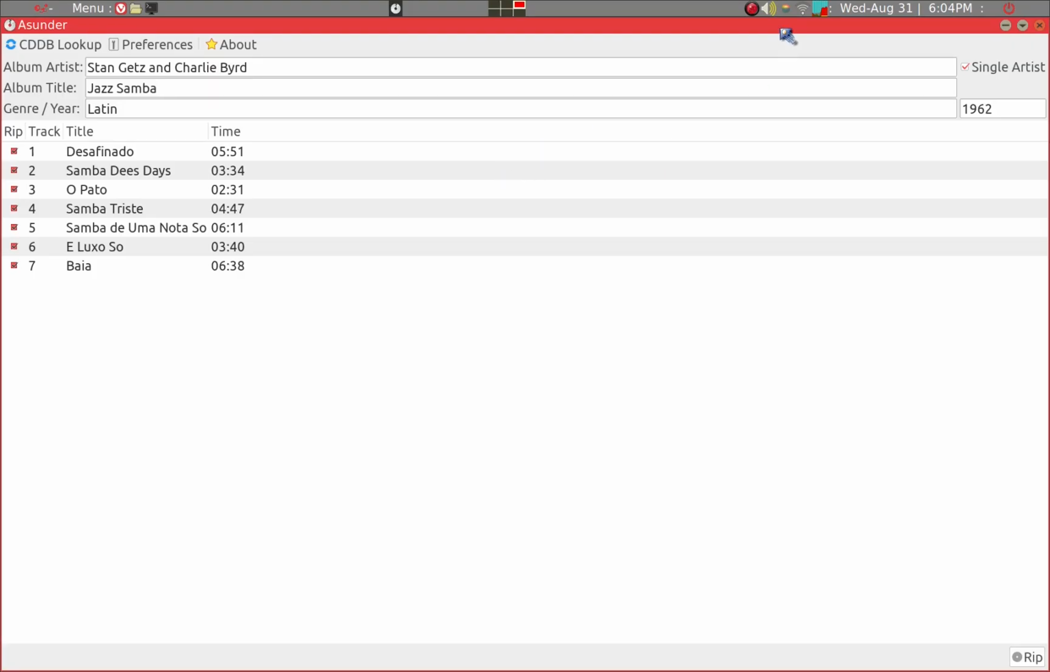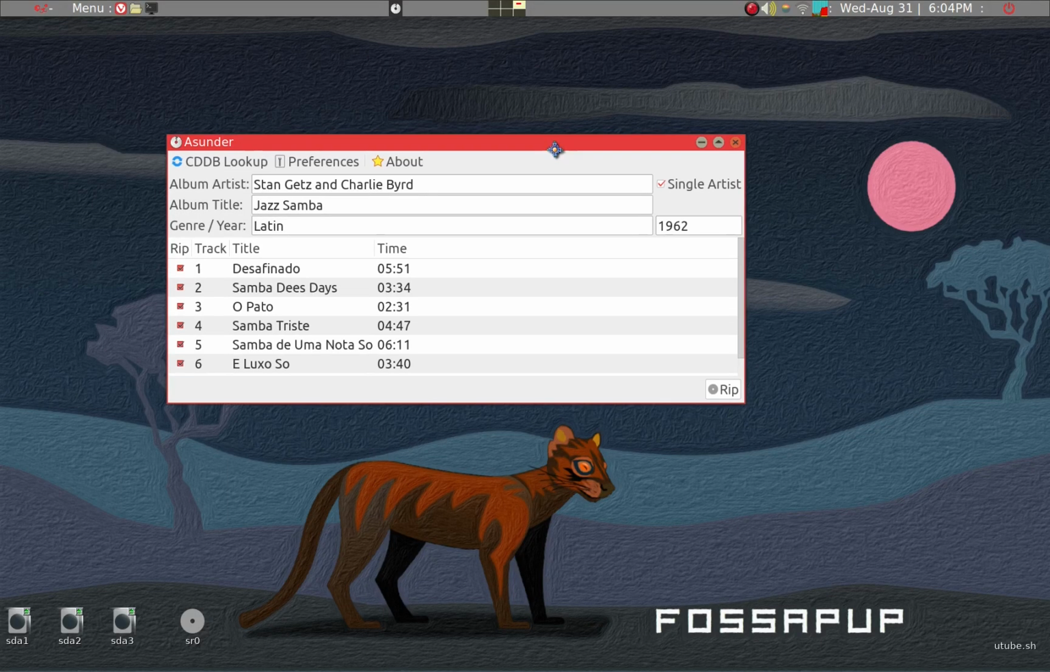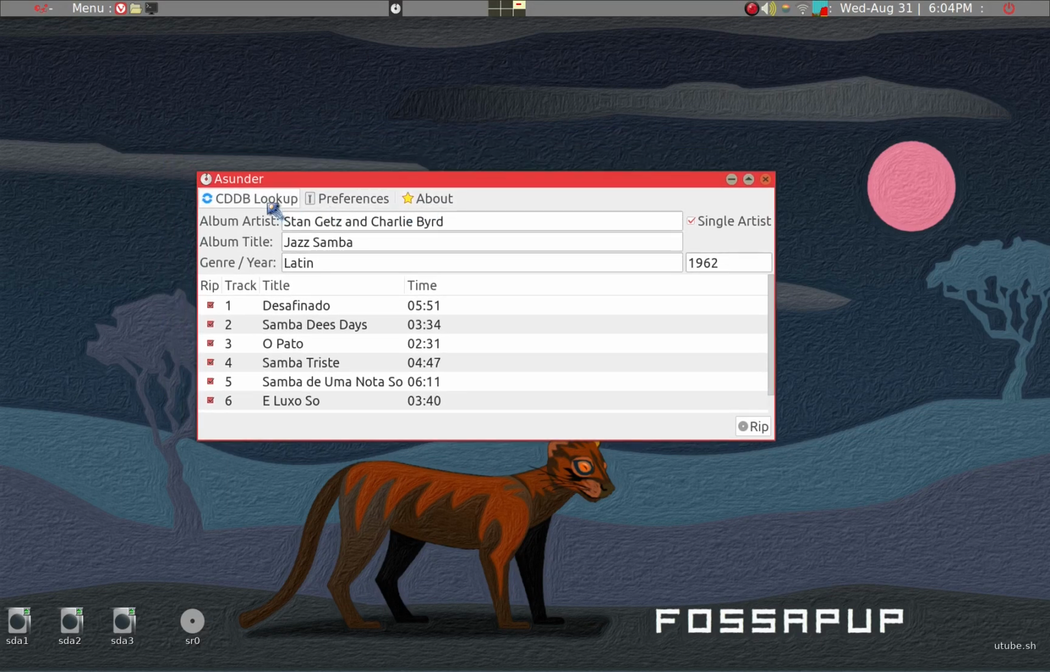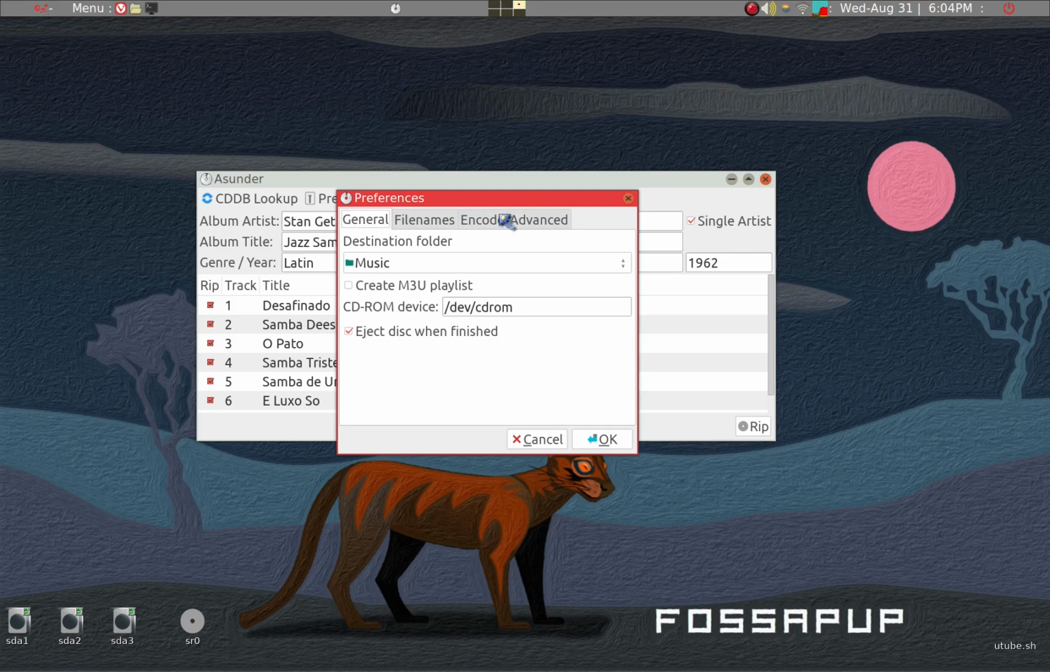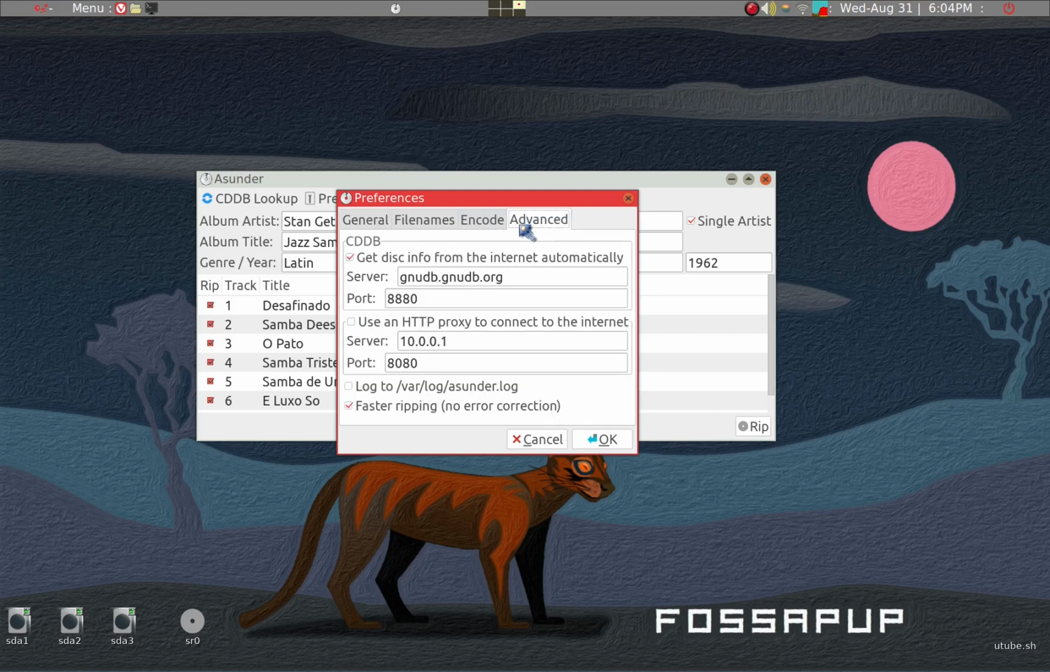It's a very nice program. Insert the CD, and it recognizes right away who the artists are, the album title, and so on. If not, what you may have to do is go into preferences, go to advanced, and make sure "get disk information from internet automatically"